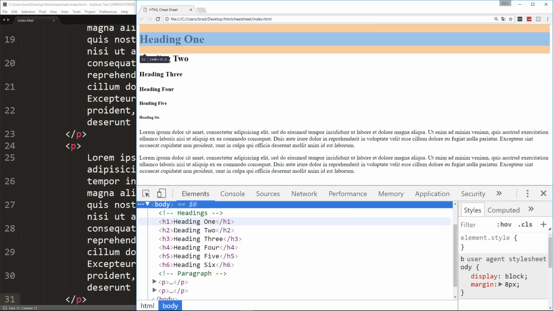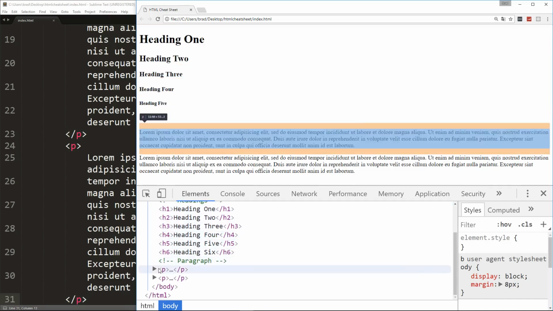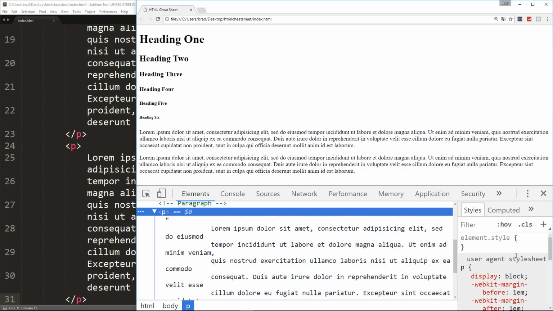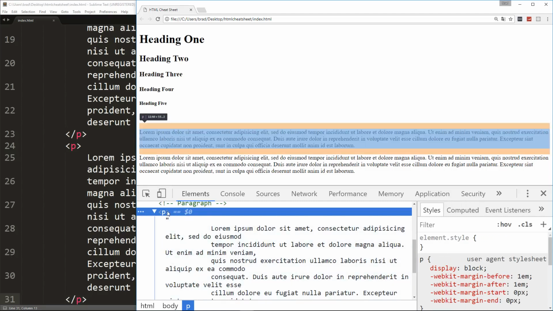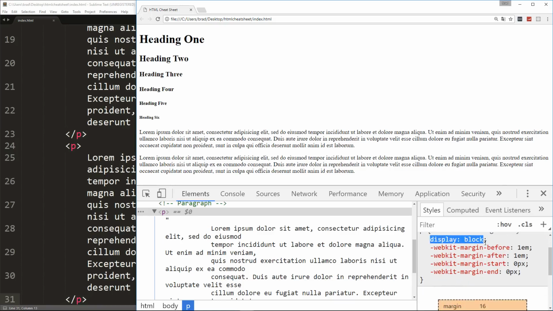and we look down in elements, now you can see we can hover over everything and it'll show us it up top. And if we look at the paragraph here and I just click on it, over here you'll actually see any CSS or any styling that is associated with this particular paragraph or whatever tag we're hovering over. And when you see this user agent style sheet, this is the default browser styling. So you can see a paragraph is displayed as a block, so it's block level, and then it actually has